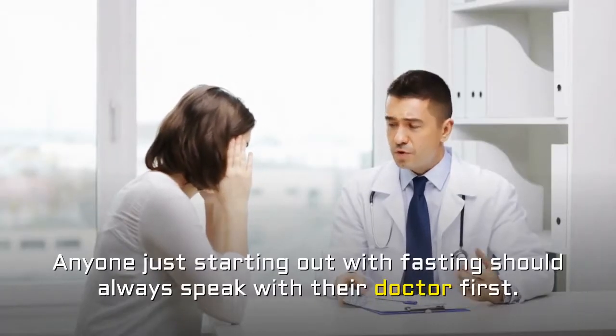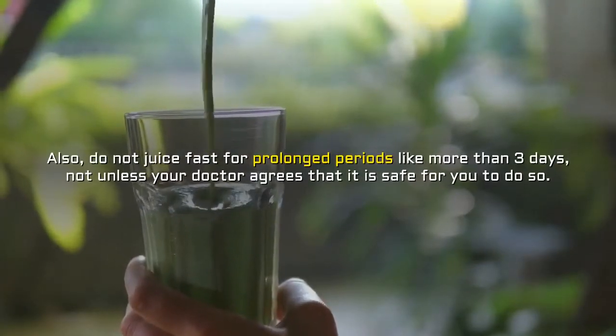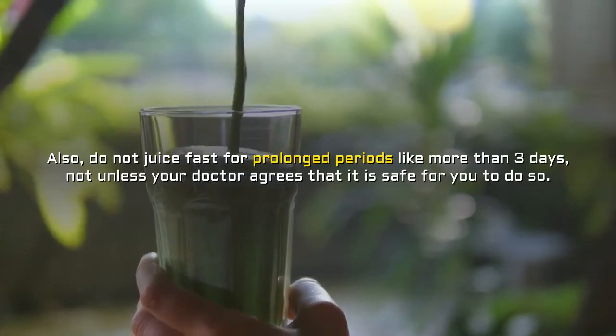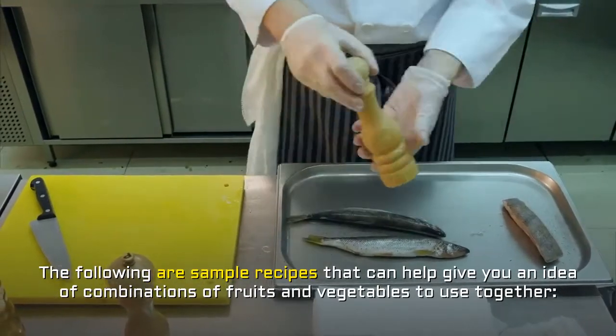Anyone just starting out with fasting should always speak with their doctor first. Also, do not juice fast for prolonged periods like more than 3 days, not unless your doctor agrees that it is safe for you to do so. The following are sample recipes that can help give you an idea of combinations of fruits and vegetables to use